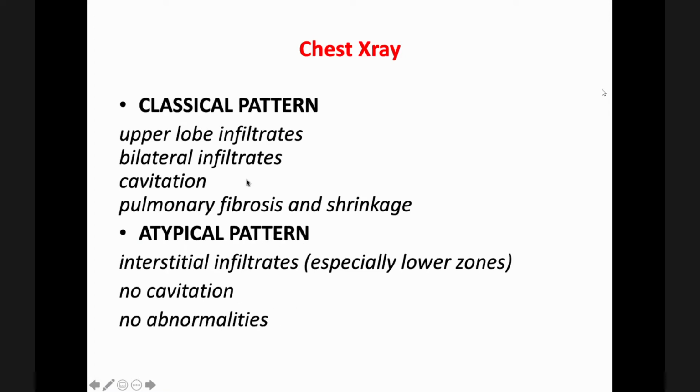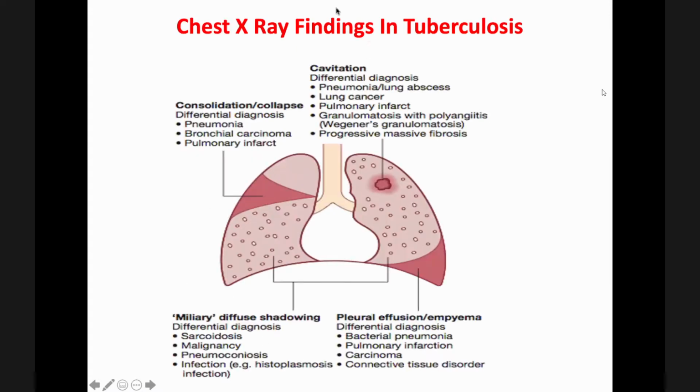In the classical pattern, there is always a high chance of involvement of the upper lobe because of the greater aeration and oxygenation in the upper lobe. The bacteria want to reside there, which is why there is an upper lobe predilection in tuberculosis. And then bilateral infiltrates, cavitation, pulmonary fibrosis and shrinkage can also be seen. So these are the chest X-ray findings in tuberculosis, which are given in your division. This is the pictorial